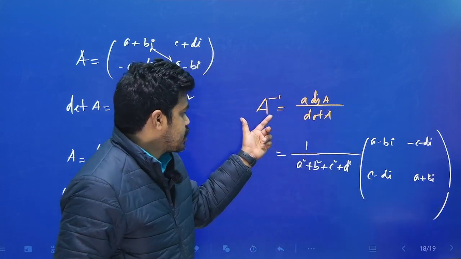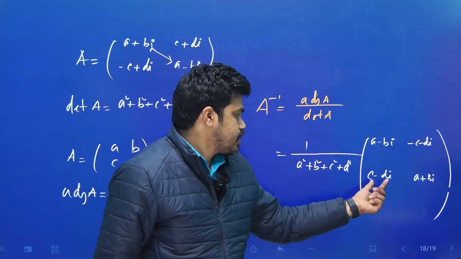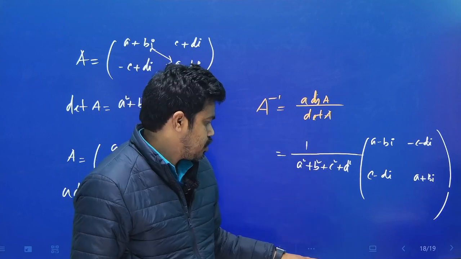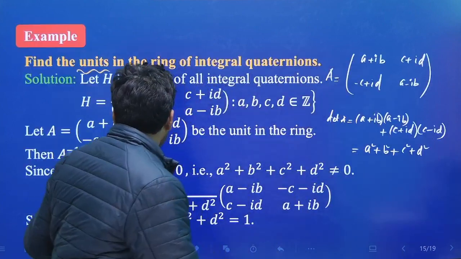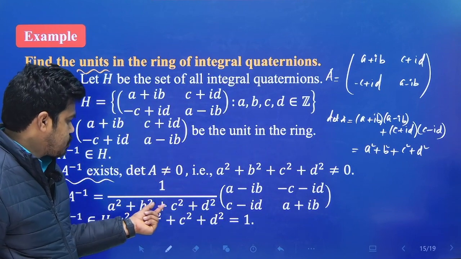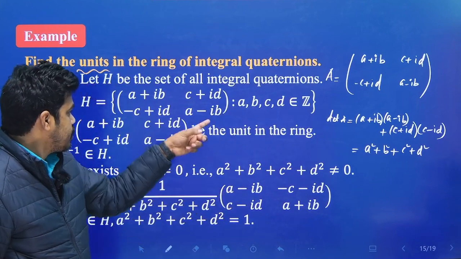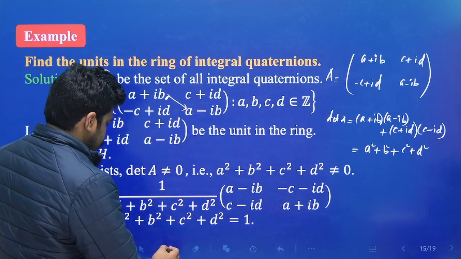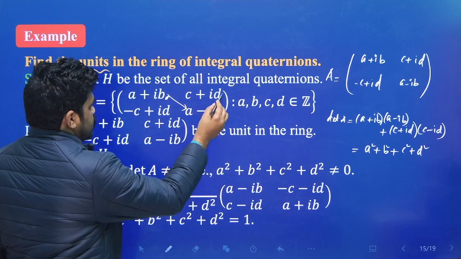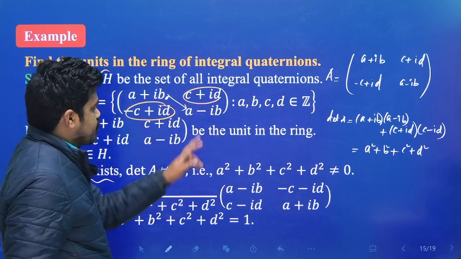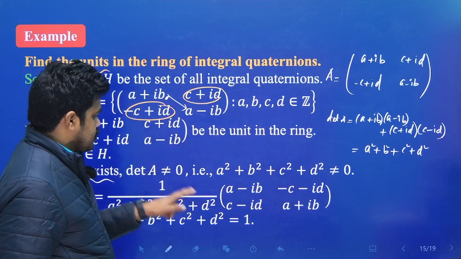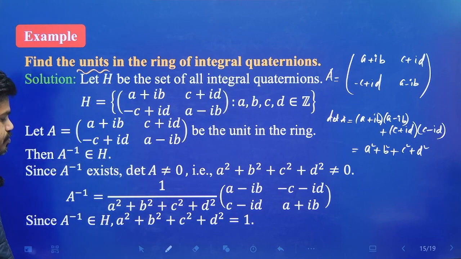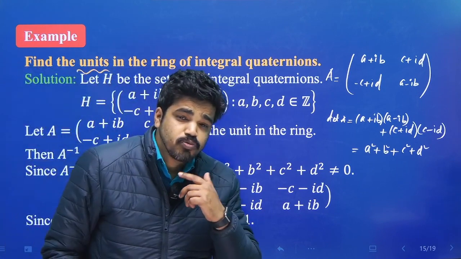সো দিস ইজ A ইনভার্স, তাহলে A ইনভার্স কি পাচ্ছি, A মাইনাস BI মাইনাস C মাইনাস DI, C মাইনাস DI A প্লাস BI ডিভাইড বাই A স্কয়ার প্লাস B স্কয়ার প্লাস C স্কয়ার প্লাস D স্কয়ার, ওকে। দেখো এখানে তাই লিখেছি যে A ইনভার্স ইজ ইকুয়াল টু 1 বাই A স্কয়ার প্লাস B স্কয়ার প্লাস C স্কয়ার প্লাস D স্কয়ার ইনটু A মাইনাস IB, এই দুটোর মধ্যে ইন্টারচেঞ্জ, A minus IB A plus IB, রাইট, এটাকে এর পজিশনটা ফিক্স থাকবে কিন্তু জাস্ট মাইনাস সাইন দিয়ে মাল্টিপ্লিকেশন, সো মাইনাস C মাইনাস ID প্লাস C প্লাস প্লাস দ্য মাইনাস ID, ঠিক আছে। সো দিস ইজ A ইনভার্স, ওকে, ঠিক।